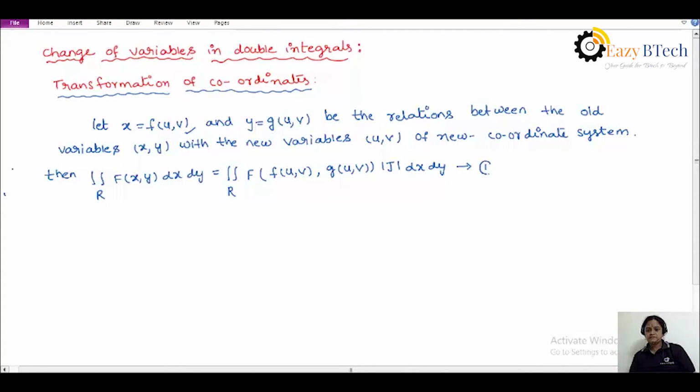It is equation 1 here, where J is nothing but the Jacobian transformation, and it can be evaluated as ∂(x, y) by ∂(u, v). Okay, the next side heading, change of variable